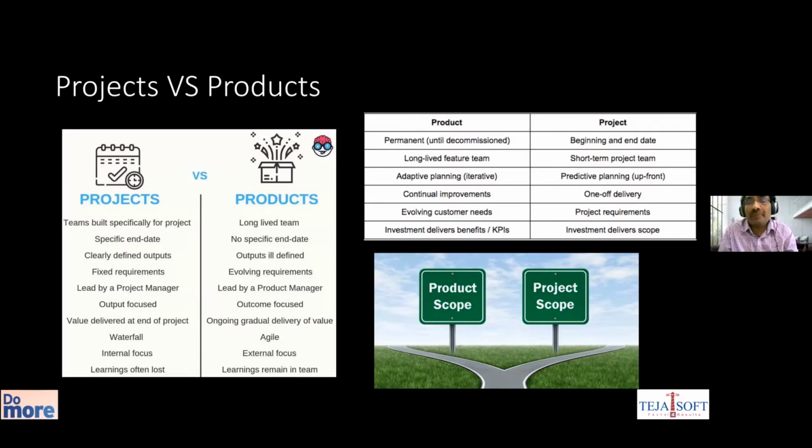But when it comes to you as a developer, I would sincerely request all of you, you should not differentiate product and project, because projects have a finite budget and a finite timeline, but the problems associated with projects will remain the same as with products. So unless you take a product approach, even project delivery becomes very, very difficult for developers. What we think of as a scope for a product and what we think of as a project scope are never ending. Management may differentiate it, but I would always request, please don't look at it that way, though it may come to you as a project because of some of these reasons listed.